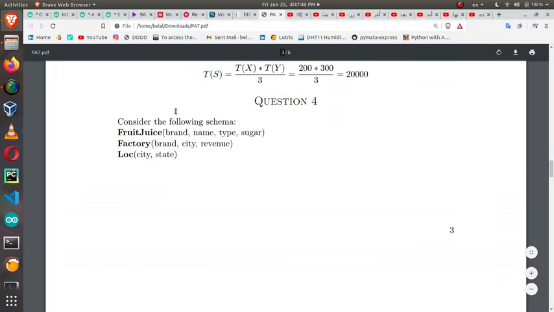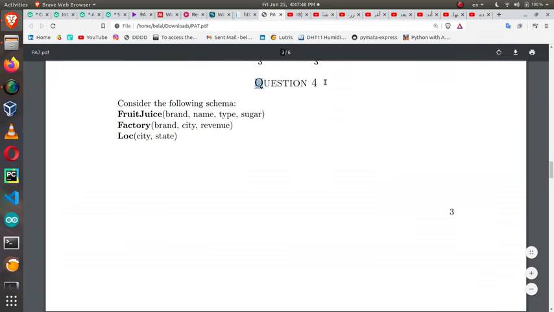Okay, we are finished with the first 3 questions. Let's proceed and solve question number 4. Consider the following schema: the fruit juice relation, which has the following attributes: brand, name, type,